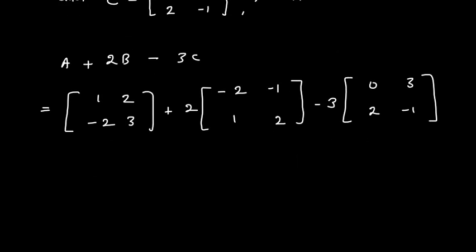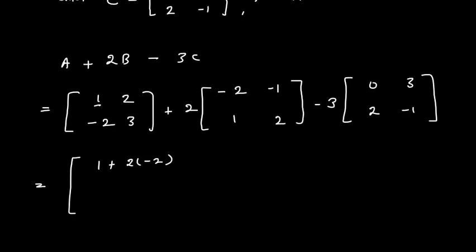Now A plus 2B minus 3C. So this is equal to, here this 1 plus, here this second term will be 2 into minus 2. You can either first multiply with 2, multiply with 3 and then calculate, or you can calculate in one